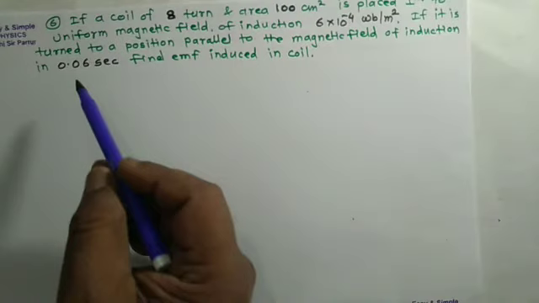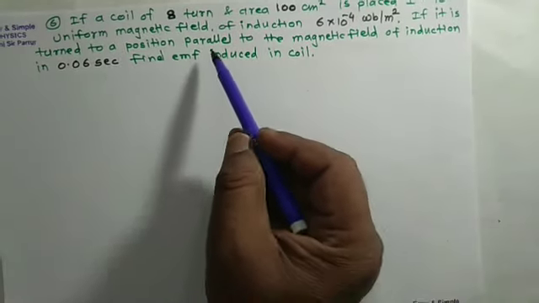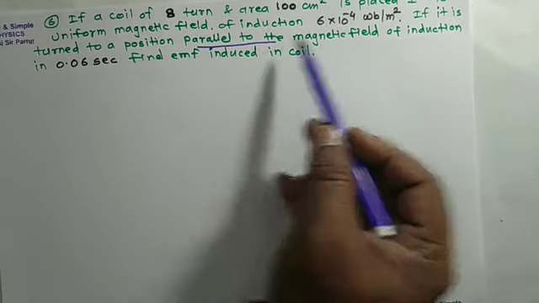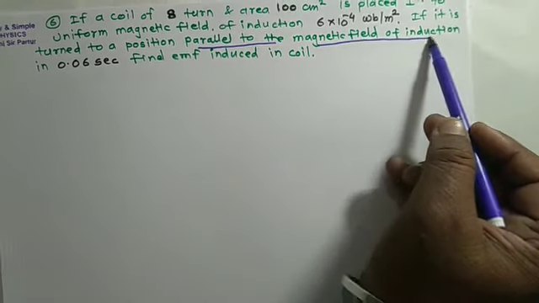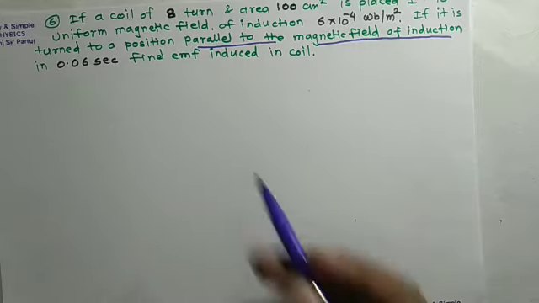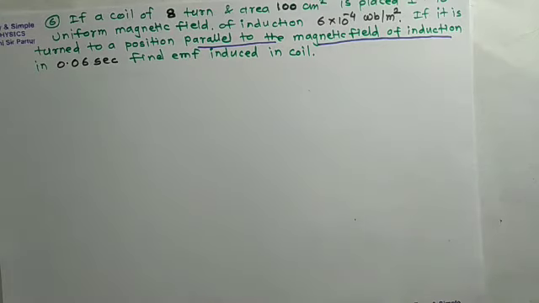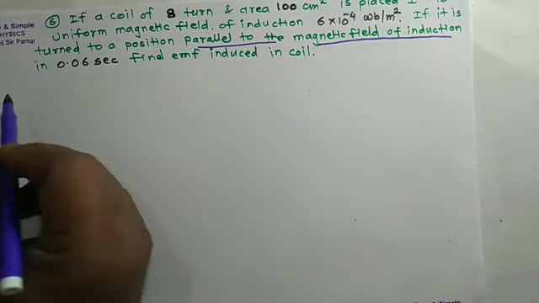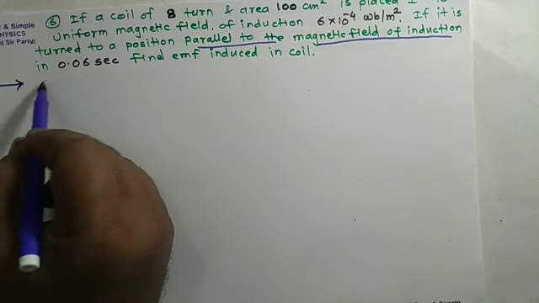If it is turned to a position parallel to the magnetic field induction in 0.06 second, find the induced EMF. So here when the parallel condition is given, theta will be 0. How can we solve? See here, given,